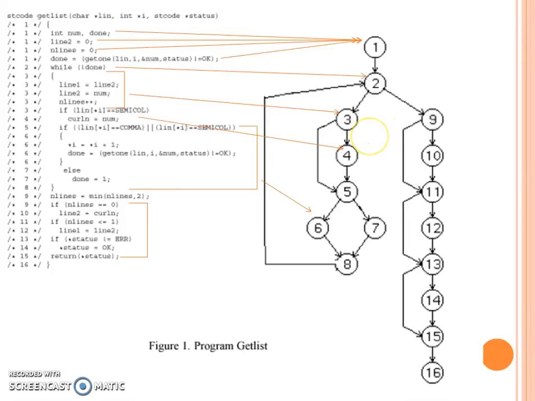In node number 9, there are successively 3 if statements. So as we can see, we have blocked out this entire thing. Each of these has no else part, so either if it is true, it will do something, otherwise it will fall through to the next if. So that's exactly what we see in this block. Either it is true, it goes through 10 and comes to 11, otherwise it directly comes to 11. Likewise, from 11 through 12 to 13, if it is true, otherwise it directly comes to 13 and thereafter. Finally, the whole code terminates at 16.